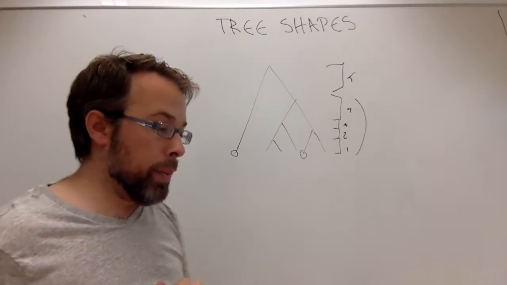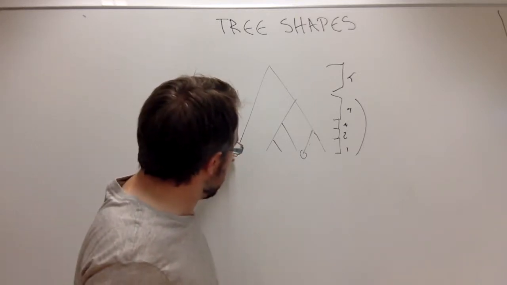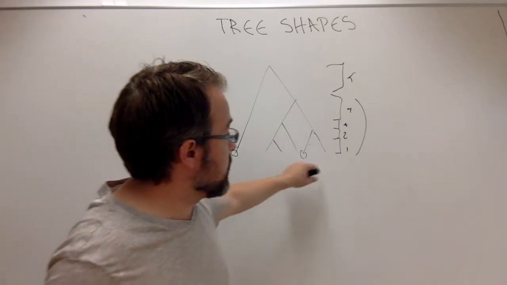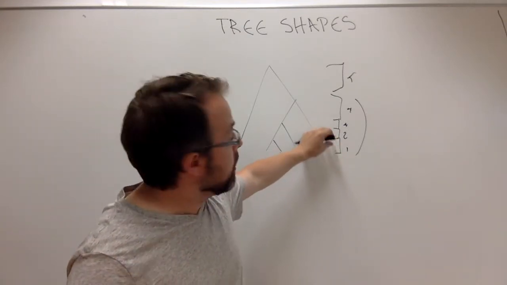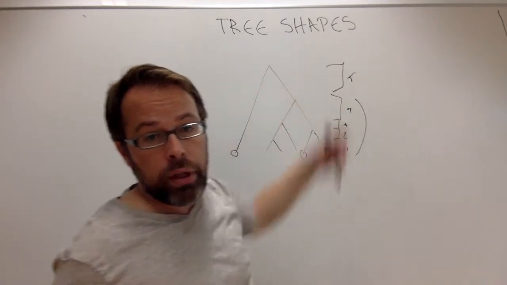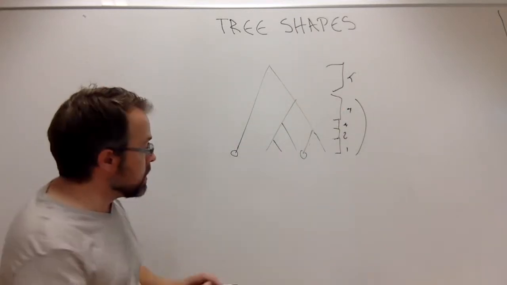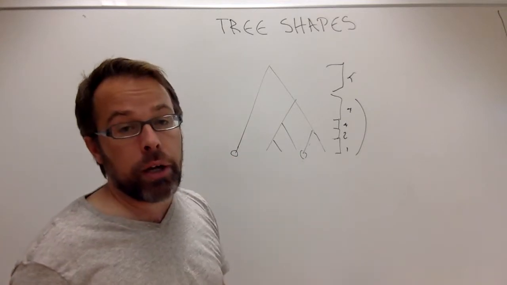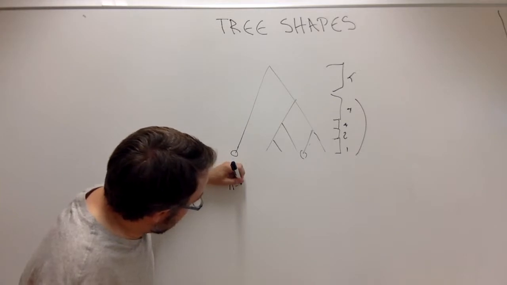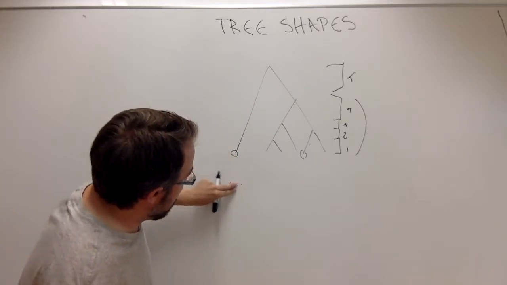So what has to happen in order for that to be the case? These two individuals have to not coalesce at the first event, they have to not coalesce at the second event, they have to not coalesce at the third and the fourth, until the last. So what's the chance that these two individuals do not coalesce in the first event? Well, that's equal to n minus,